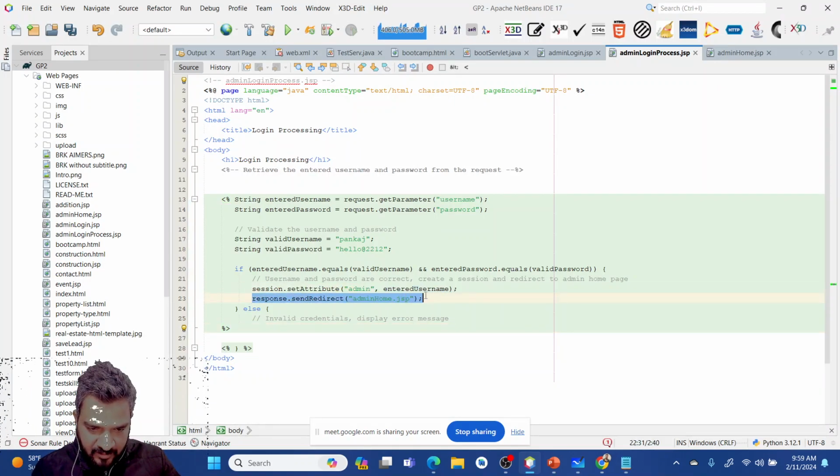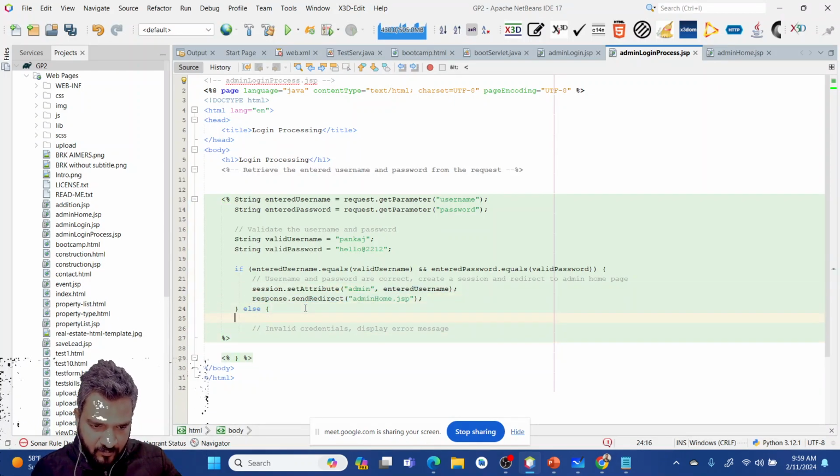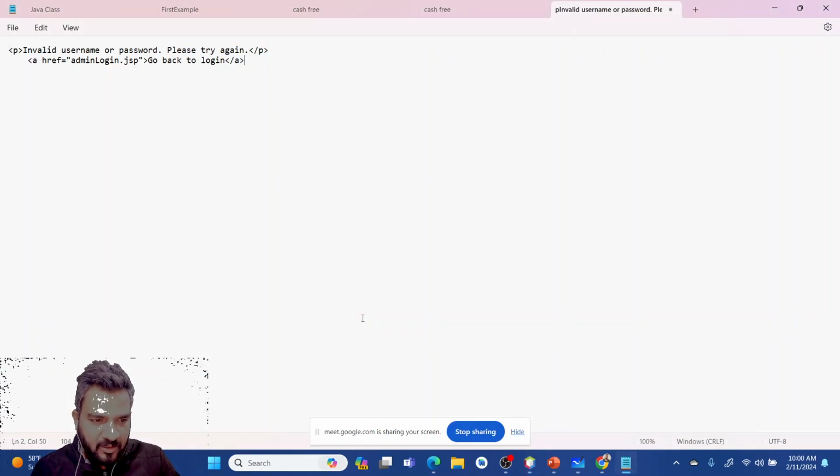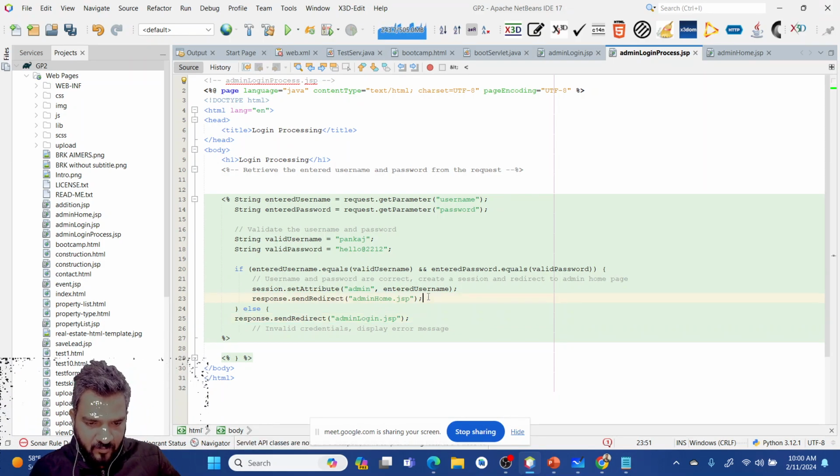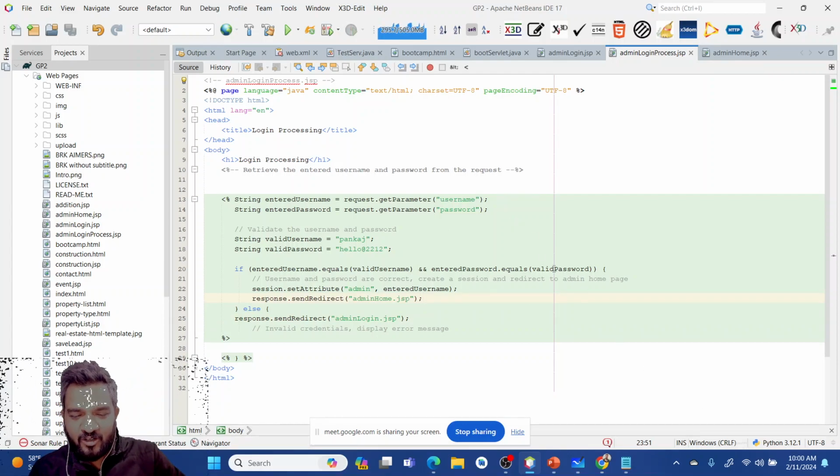Now in else, so what was the code over here? Admin login.jsp. Now this should do, if the password is wrong, it should not go to another page.